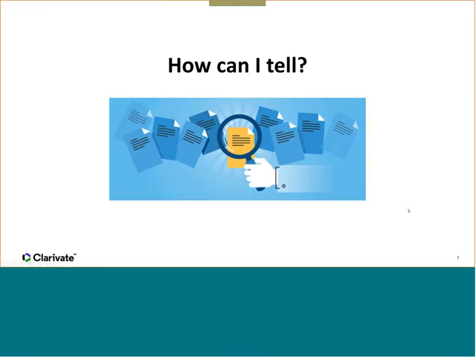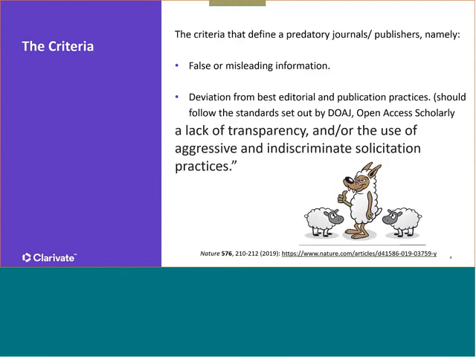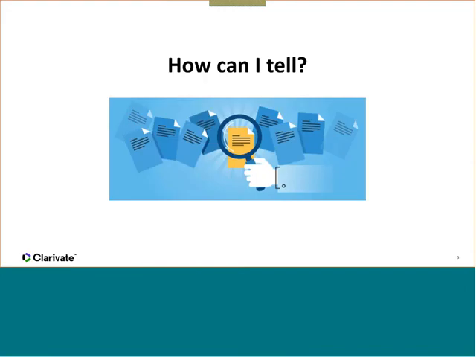So with this definition and these criteria, how can you tell? A lot of times, even with that clear criteria of these four areas, many early career researchers still sometimes ask me, can you help me to verify whether this particular journal is predatory or not? A lot of times it is about common sense. It's about verification of the information that you see on the website. If you can't verify the truth, then don't submit that, because it's also a telltale sign of the quality.